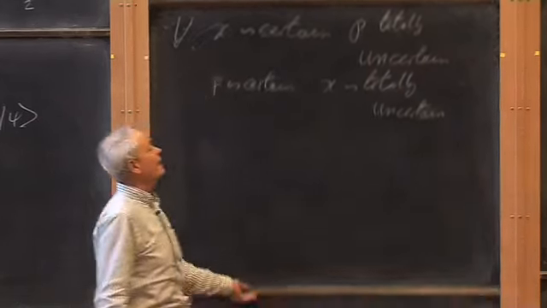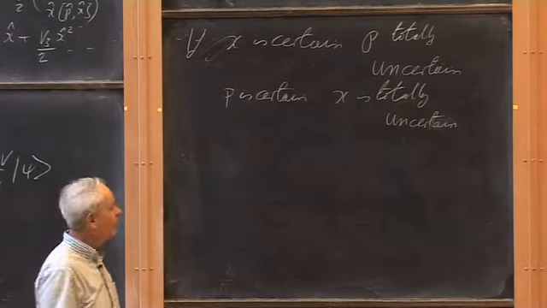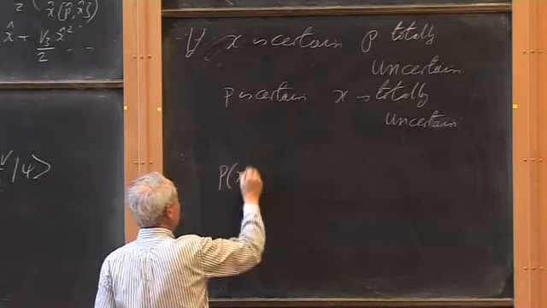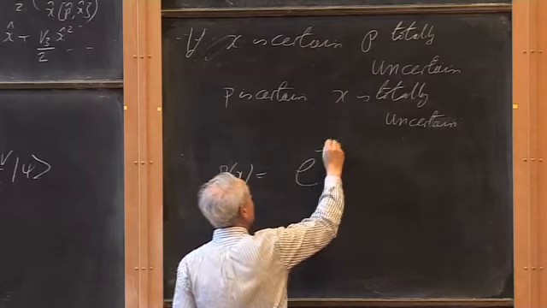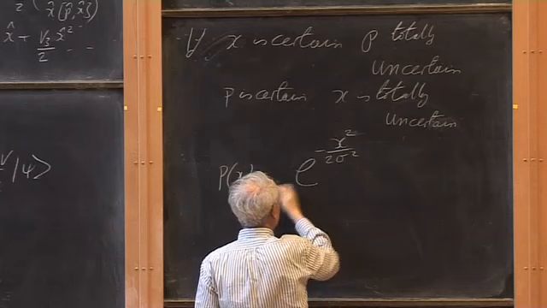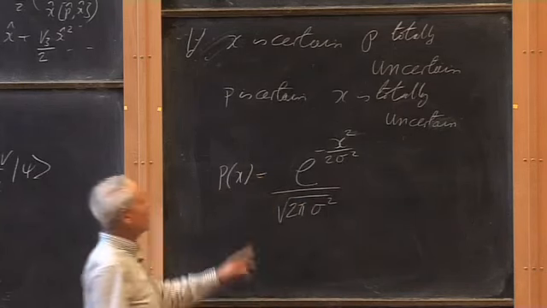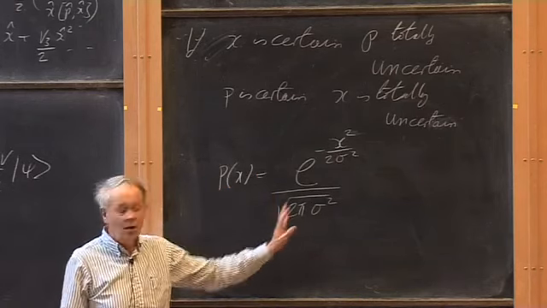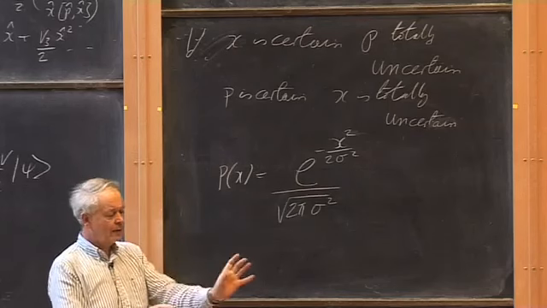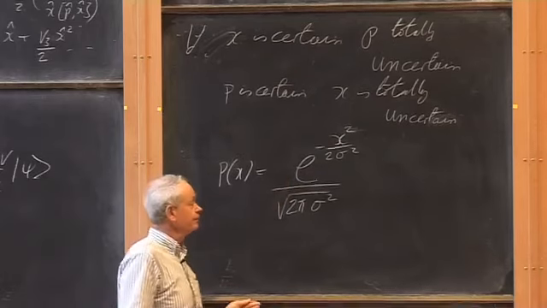Let's therefore investigate these. Both of these situations are clearly unphysical. So let's try and discuss something which is physical. And let's suppose that we're dealing with a probability distribution in x, which is a Gaussian, e to the minus x squared over 2 sigma squared over the square root 2 pi sigma squared. Right? So this is a Gaussian distribution of probability in x, which is our generic model of, well, we've got this thing localized at the origin to within plus or minus sigma, more or less, right?